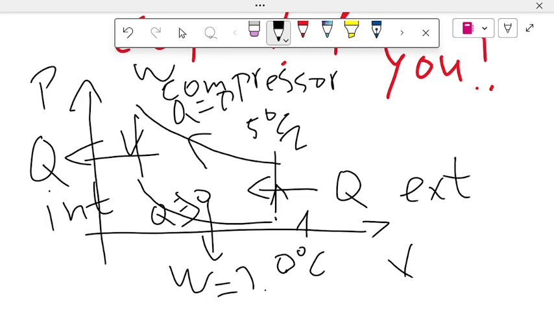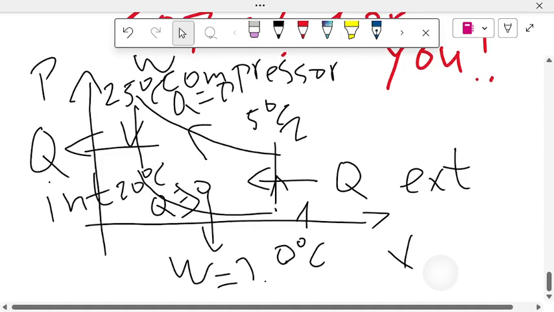So here I have, let's say, 25 degrees Celsius. Here we have 20 degrees Celsius. Okay, so this is a cycle, and from my point of view, let's say 1, 2,